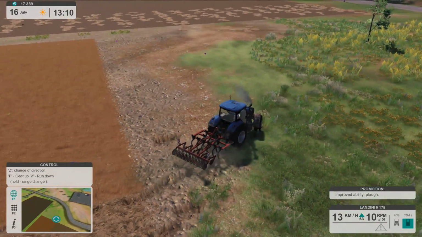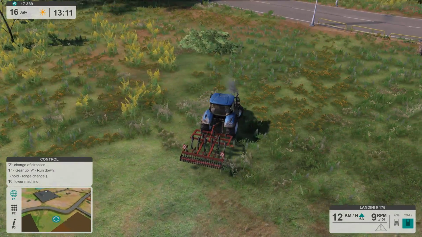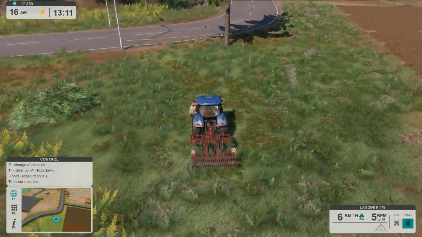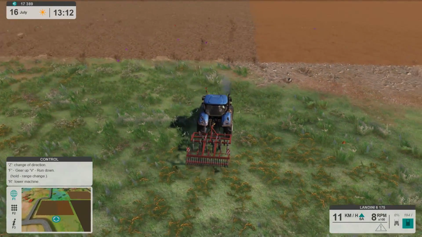Improved ability plow. Nice. Like I said, I'm not entirely sure what that gets you exactly. It increases the scarifying of the soil. So apparently the better we get at this, the better it gets. I'm not sure how that would be, but...